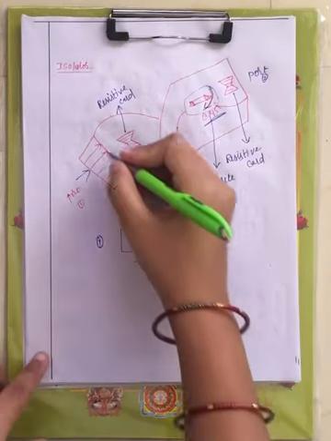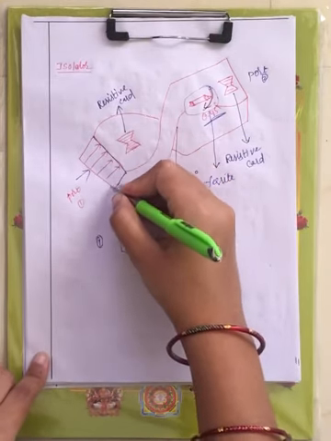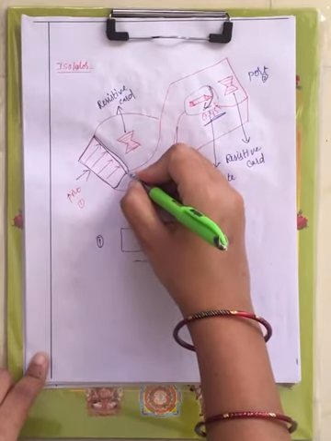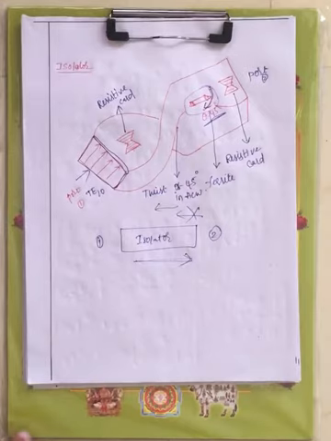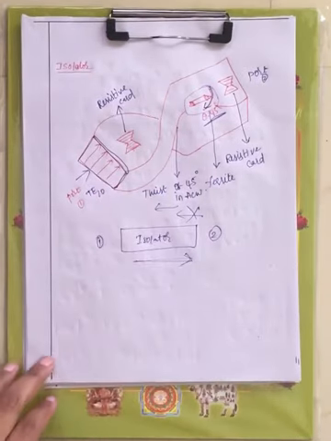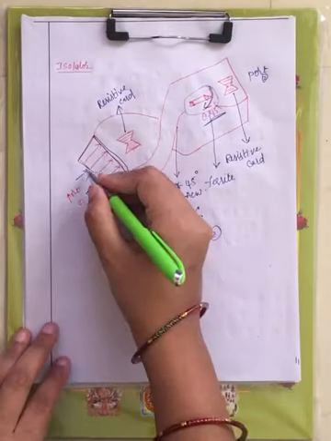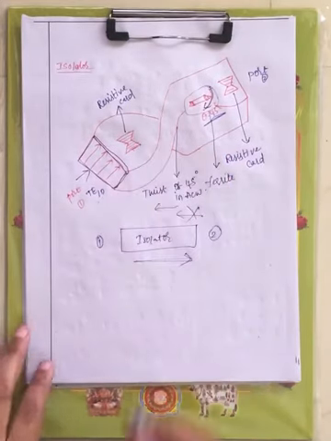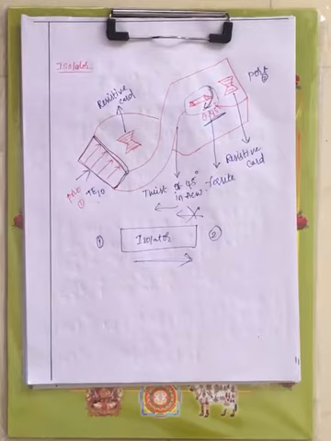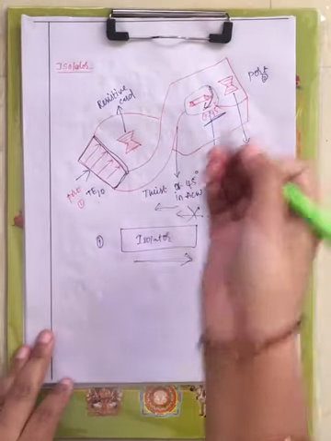Now here it is nothing but which waveguide? Rectangular waveguide. Now what is the dominant mode in a rectangular waveguide? TE10, right? Now TE10 I am passing through port 1. This TE10 is perpendicular to the plane of the resistive card, right? If TE10 is perpendicular to the plane of the resistive card, then it will allow the signal.